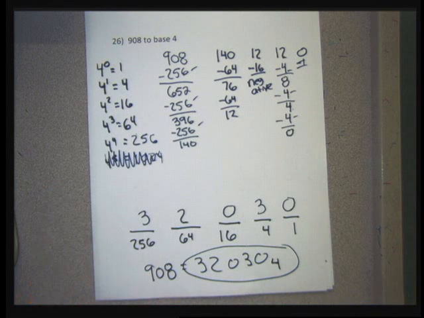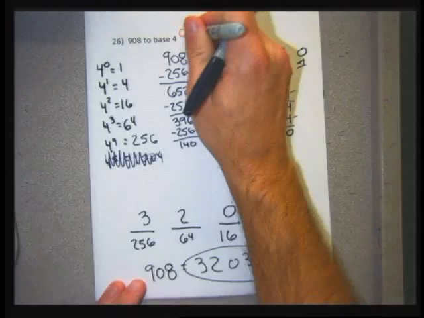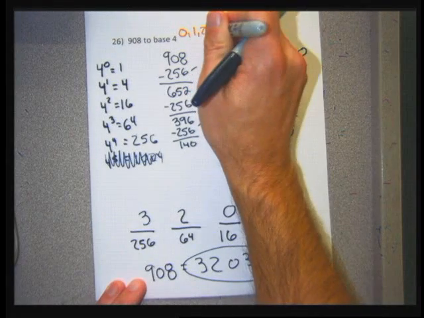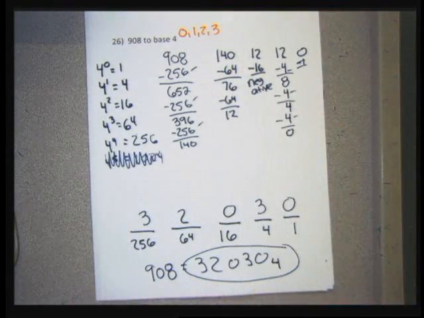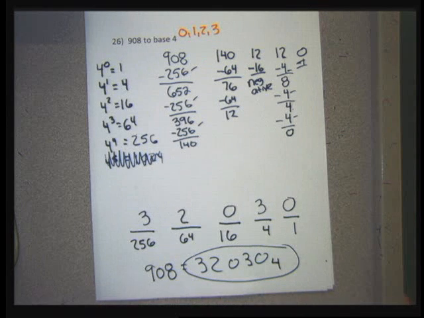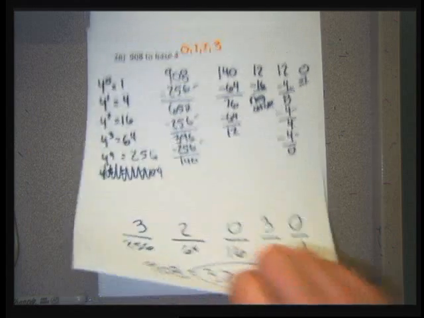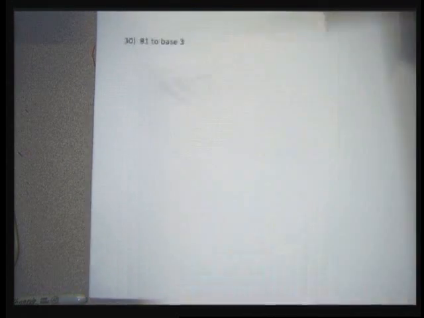Again, good thing, because in base 4, the only numbers I'm allowed to have are the numbers 0, 1, 2, and 3, and that's all I see in my answers. I don't see a 1, but that's okay. But I couldn't have a number that's 4 or larger. Still going to hold off on that 22, and let me do 28, which is another lovely base 4 problem,